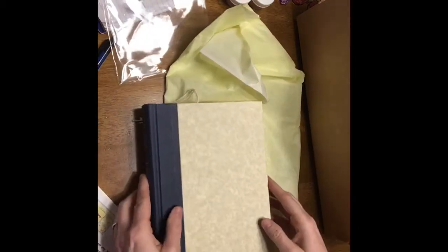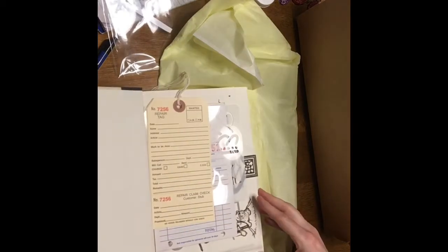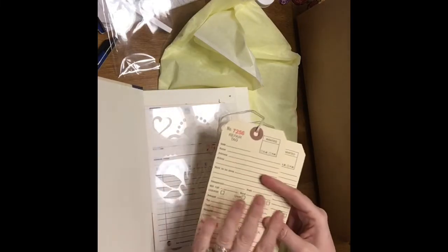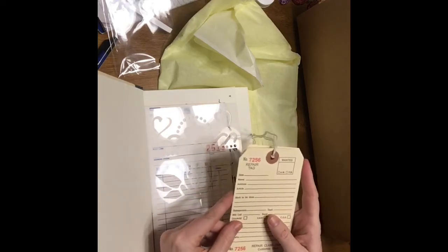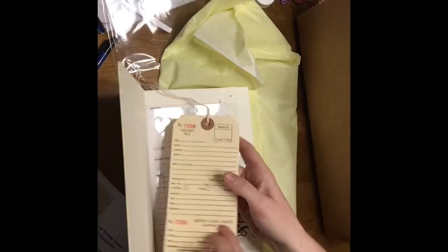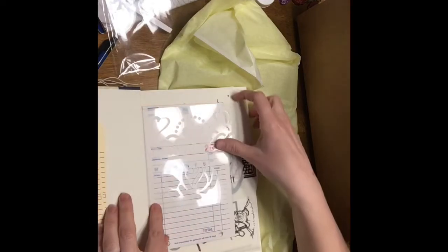Okay. So this is the book that we're doing this month, or at least the first set of kits will get this book. And it's just a random book. So when you open it up, you're going to get a couple of these tags. I know we did this in last month's kits, but you cannot have enough of these. These are just vital in your books. I like to have some tags,